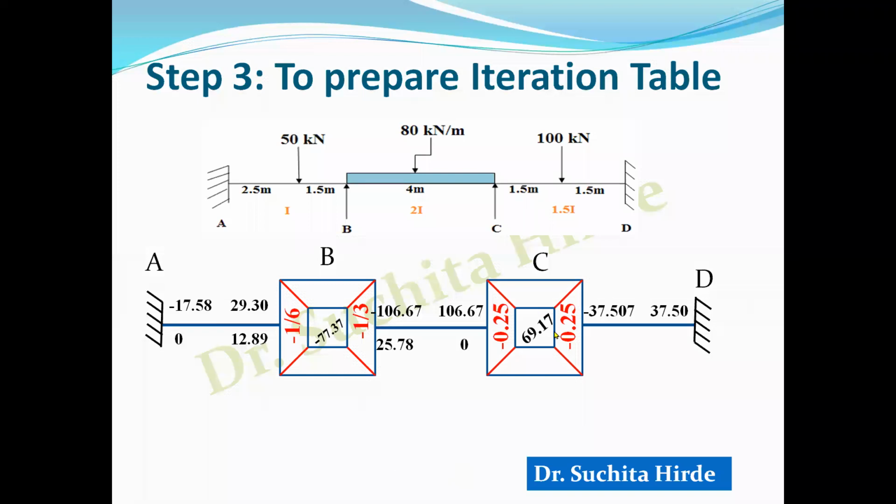Now we will calculate at C. For C, what are the far ends? Far ends are B and D. So what are the values of rotation contribution at far end? Here it is 25.78. But here we do not have any value, so we will write 0. So add this and this, plus summation of fixed end moment. To this, multiply by the rotation factor right here, multiply by this rotation factor right here. So what do you get? We will cut this initial value and write the new value. So we get minus 23.74. Since these rotation factors are the same, you will get the same value.